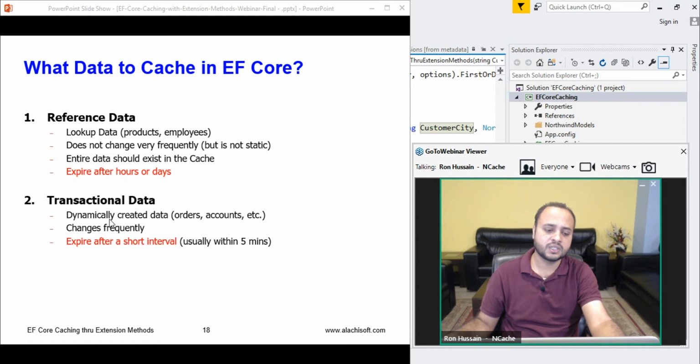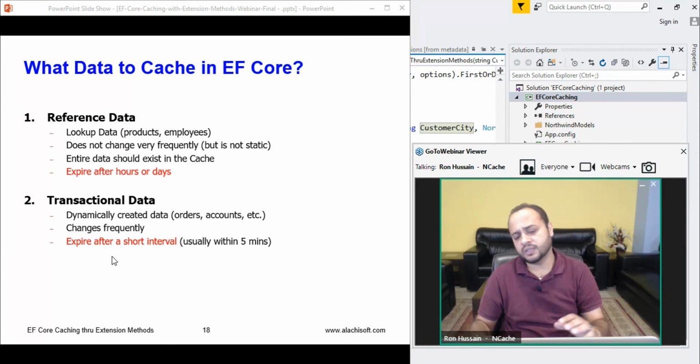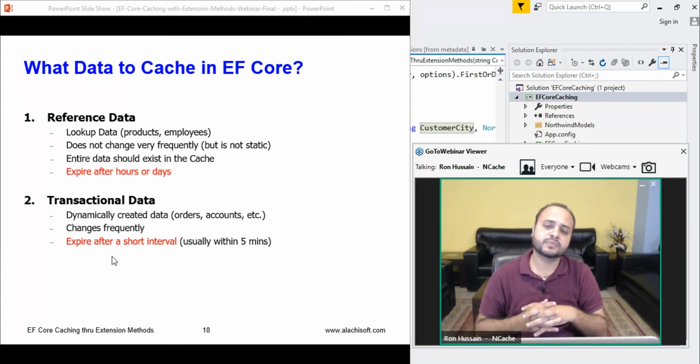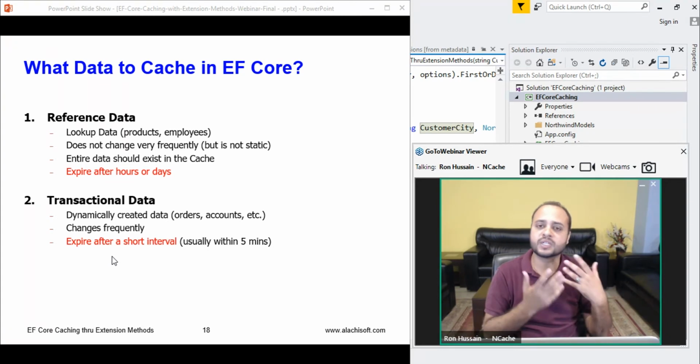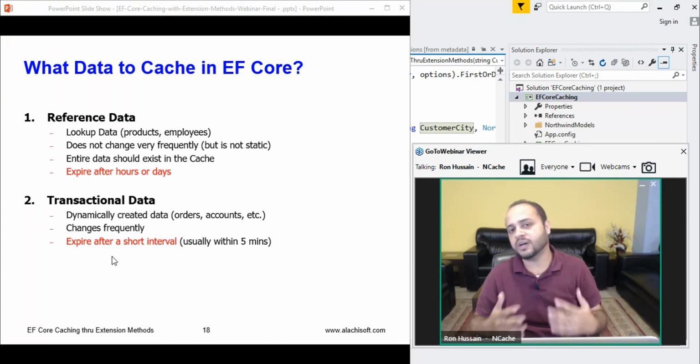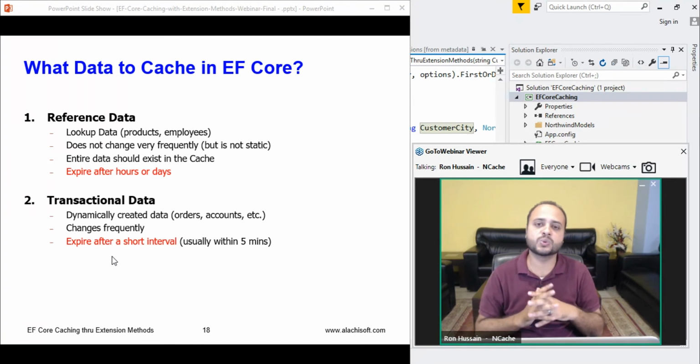That's another segment. Then we have transactional data. I will talk about how to handle transactional data caching. It's dynamically created; orders and accounts are examples. It changes very frequently, and historically transactional data was not preferred for caching, because it was supposed to change and go away from your application while your user is active, and was only needed at that point. But based on our experience, we highly recommend that you enable caching for transactional data as well, because while